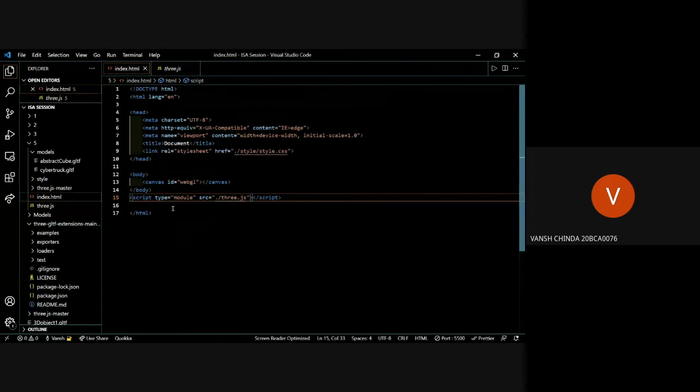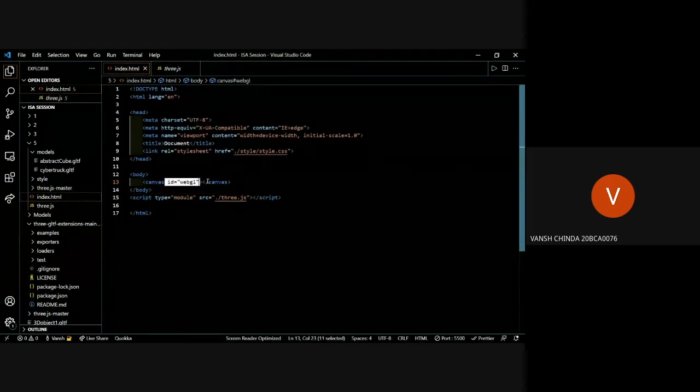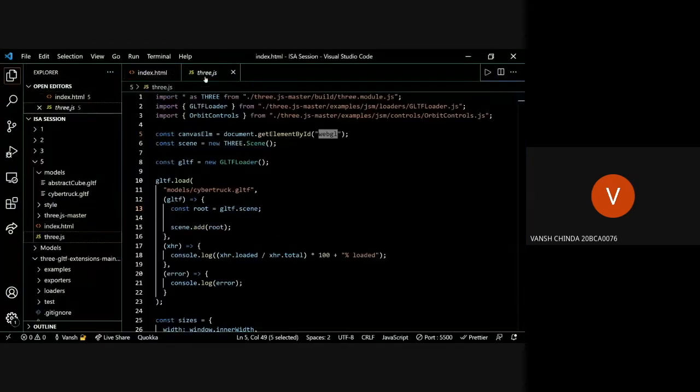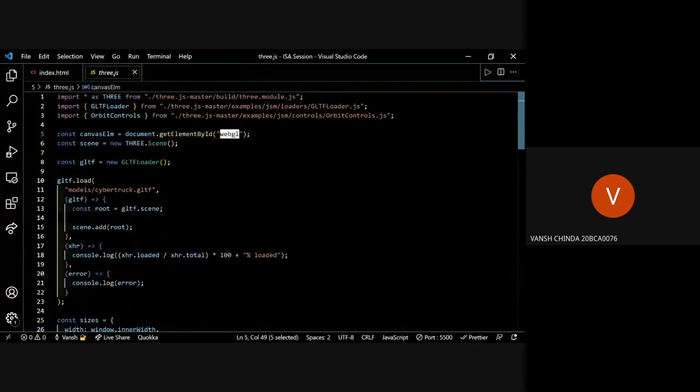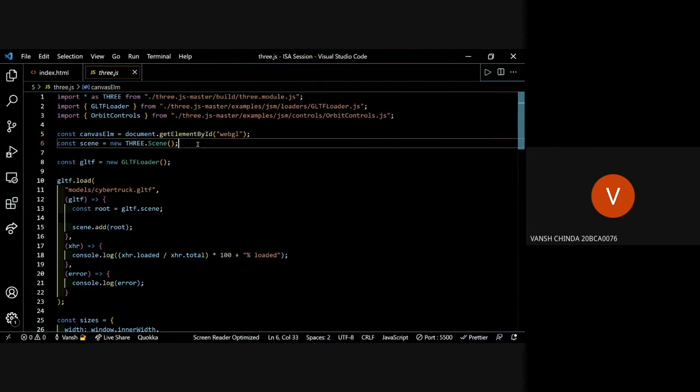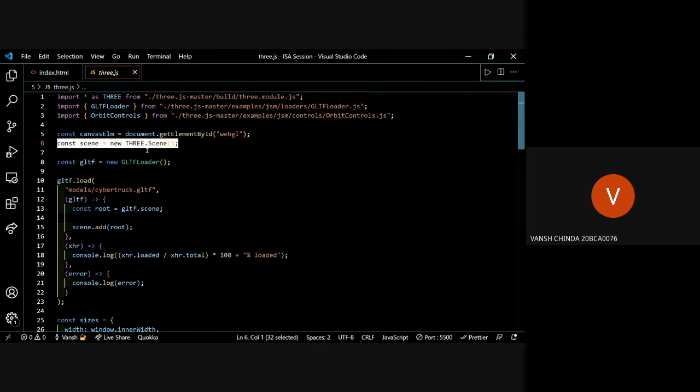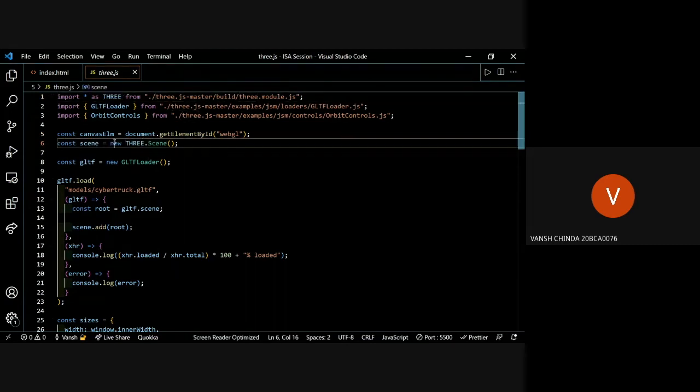Now remember, we gave an ID of WebGL here. I'll increase the font size. Okay. So we gave the WebGL ID to that element, and we are just getting it here. Now we have to set up our scene. It's the same thing. We imported 3JS. Now we set up the scene very similar to the one we did last time.